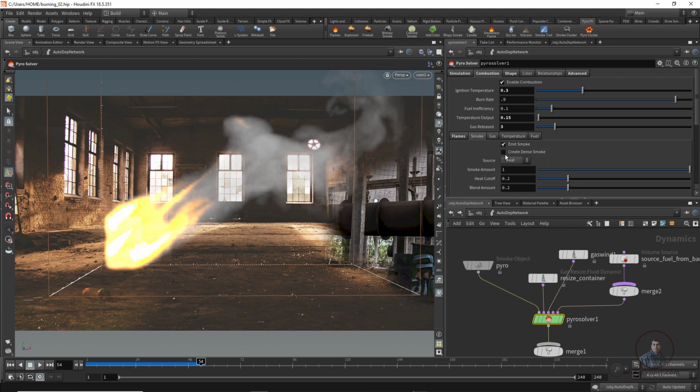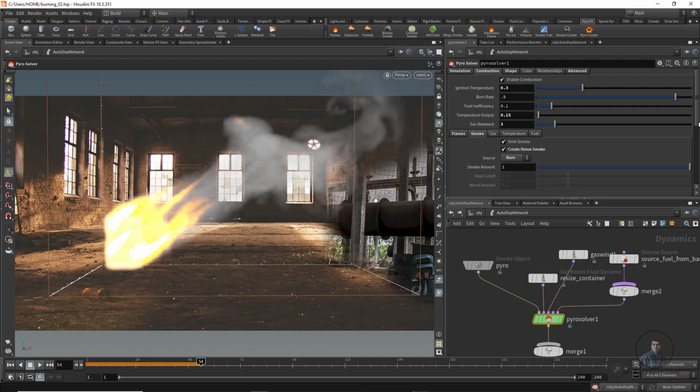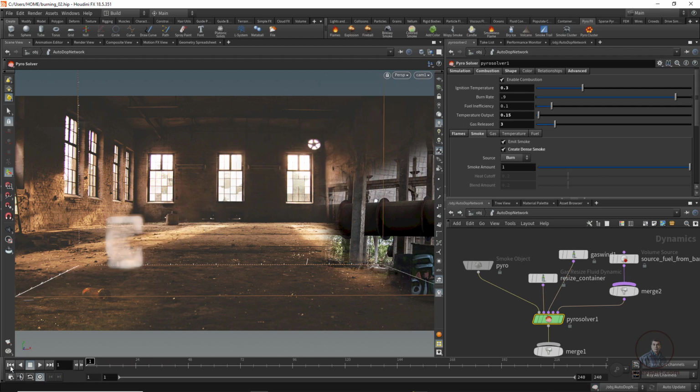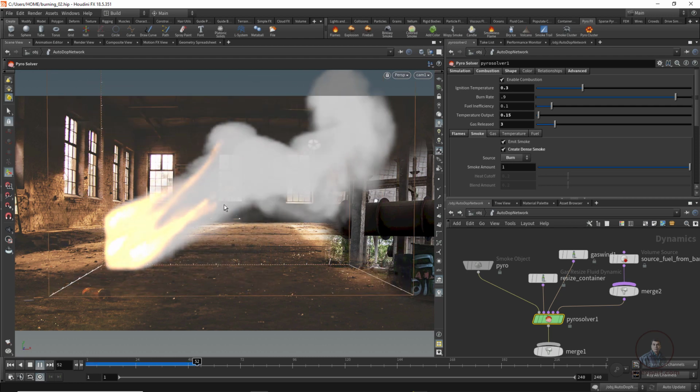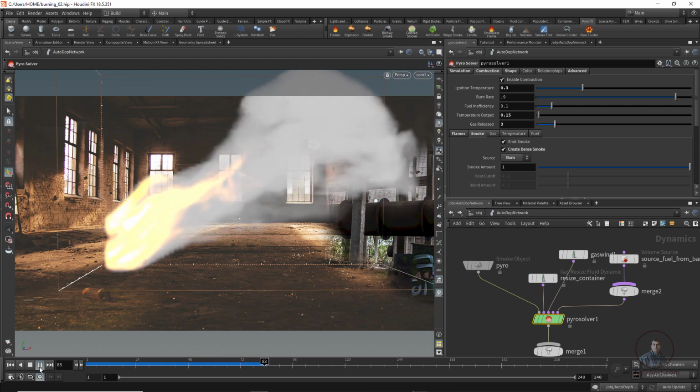Okay, so simply click on create dense smoke here. This will take a little bit of time, so just click here and wait a little bit, and maybe source heat, and if you want you can make it burn. Because here I am creating a burning effect, all these things here. So adjust it a little bit here. Now after this, render again, so click here, now render this one. So now you can see here is smoke. Stop it a little bit here.